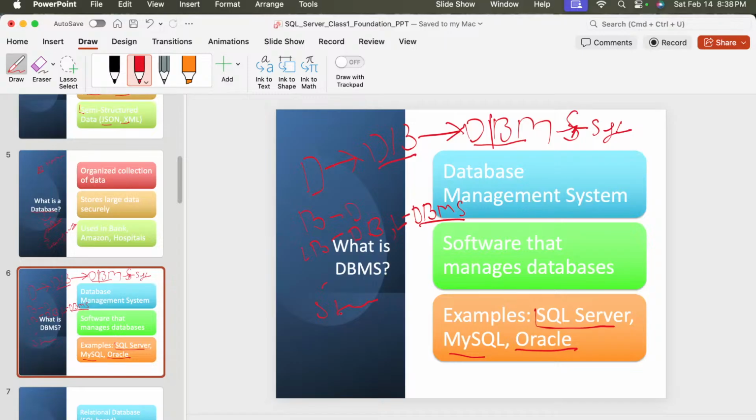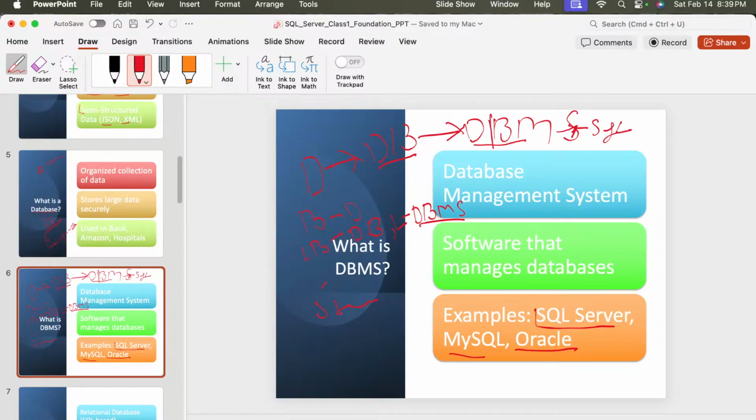सो यहाँ पे व्हाट डज अ DBMS डू, DBMS क्या करता है, स्टोर डेटा in an organized way, allow multiple users to work with those data, and provide security, control the data access, and maintain the data consistency, and prevent data duplicacy, right. So this is the purpose of why we use DBMS, right.